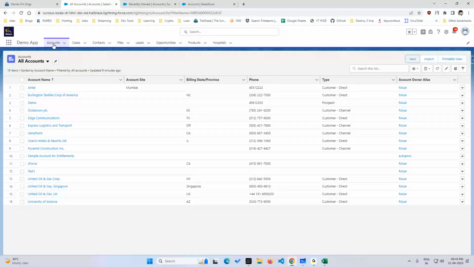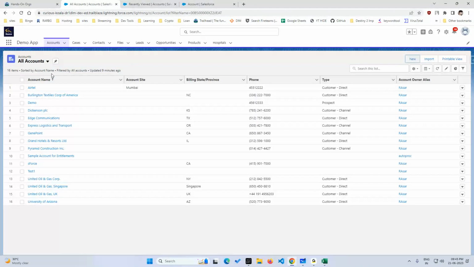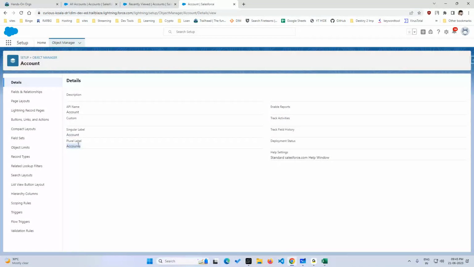This is the reason it shows accounts, not the singular account, because you have multiple records. That is the reason it is showing the plural ones. Okay,